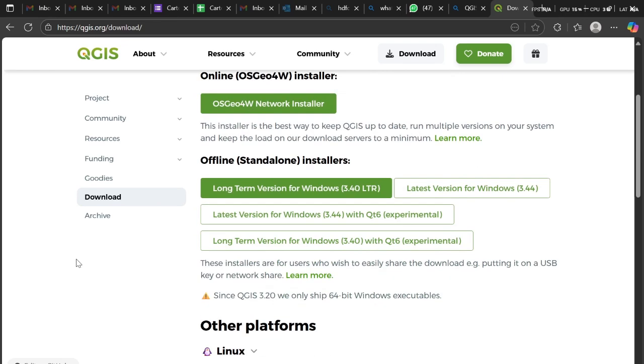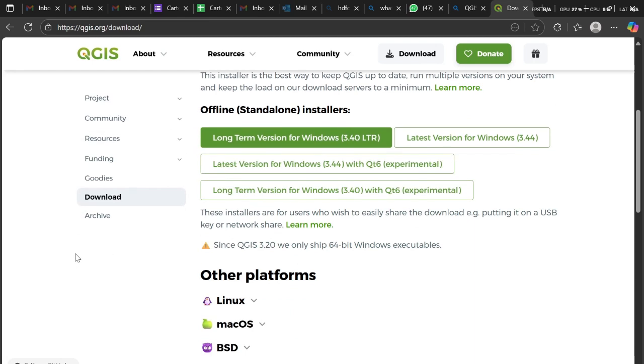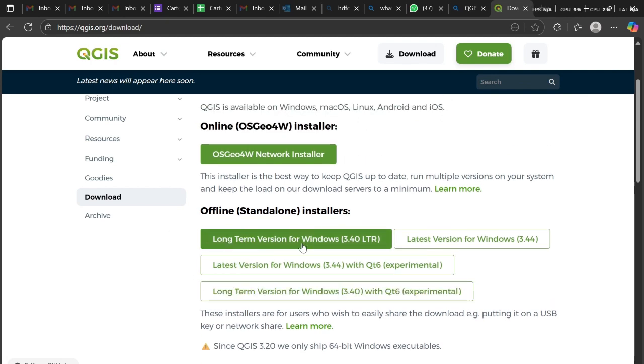Okay. Now, in the download page, you can see this option called the long-term version for Windows, 3.40 LTR. So, long-term version for Windows 3.40 LTR. This is the version that you should be installing for the class. So, I'm going to click on it